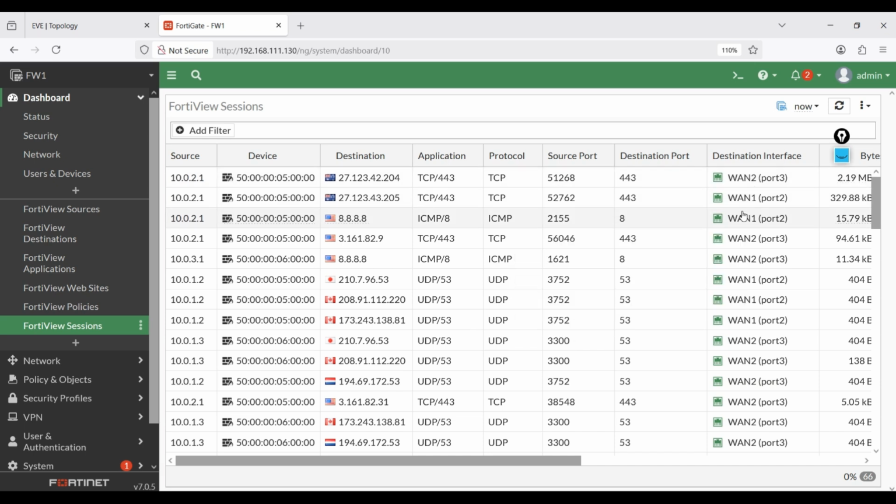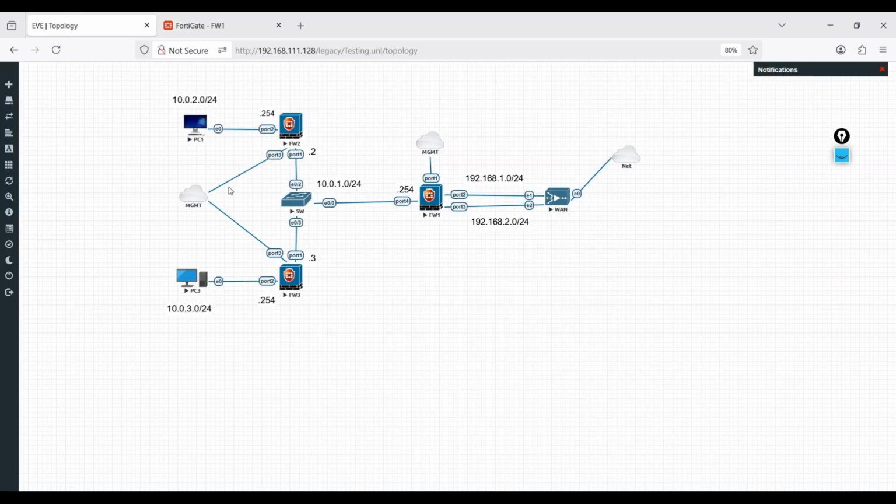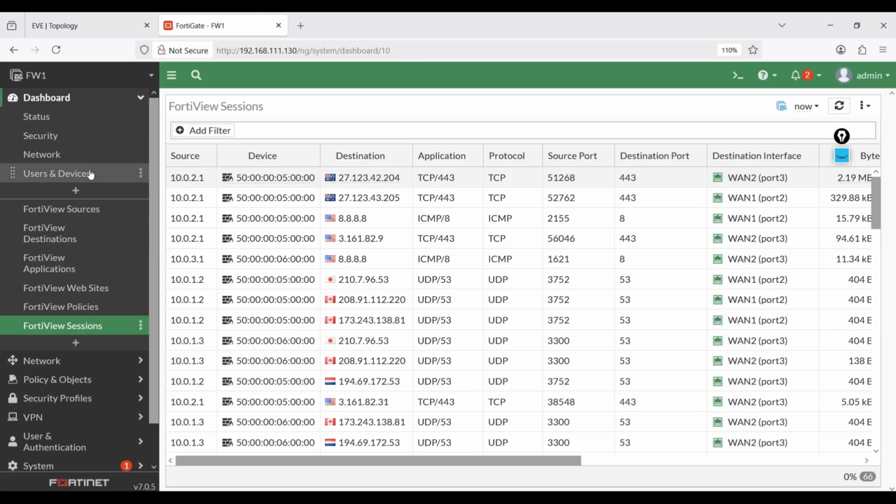Now we have to create a policy. So I will create a policy to redirect traffic from PC1, from this subnet, always through WAN 1, and for this subnet or this PC, I will make a policy so that traffic always exits through WAN 2. So for that, you have to go to firewall 1